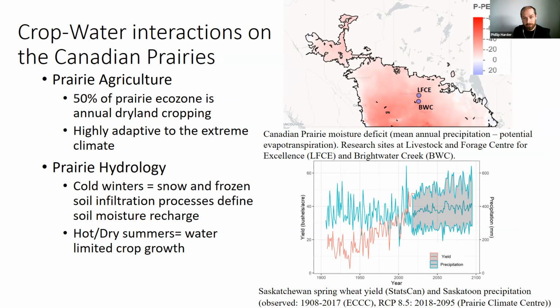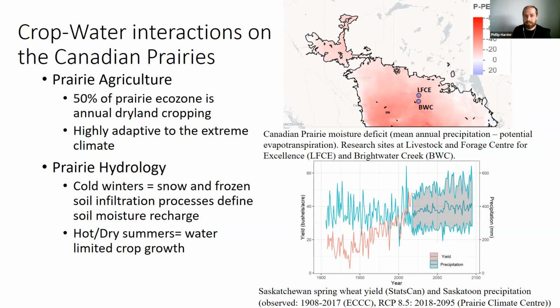And so while yes, we have a significant correlation between the amount of water available, as indexed by annual precipitation, with our annual variability in crop production, you can see that crop production has nearly tripled since the early 1900s. And this is because we've been very successful at adapting management practices, going from summer fallow to zero-till systems, which are much better at soil and water conservation, but also crop breeding and all those other aspects that have come together to make prairie agriculture so successful.